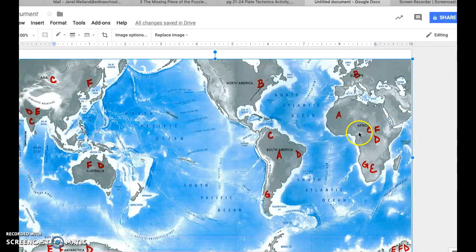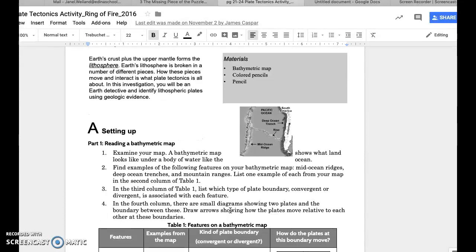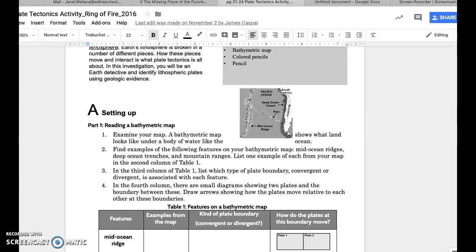And it doesn't matter if you don't have these letters on it anymore. That's just fine if you have to grab a brand new map. Otherwise, if you have your map, please use it. And now what we're going to do is, if we go back to our packet, we are asked to examine